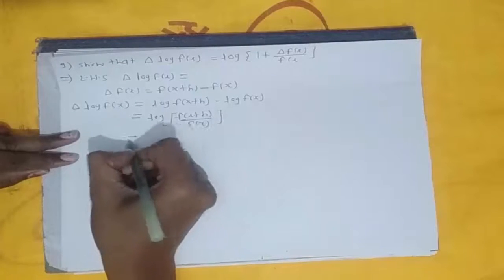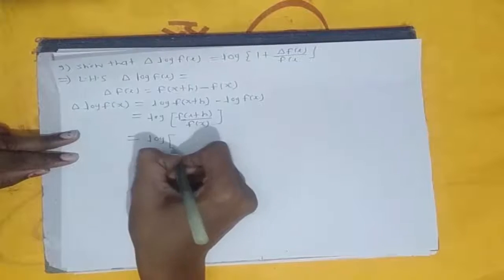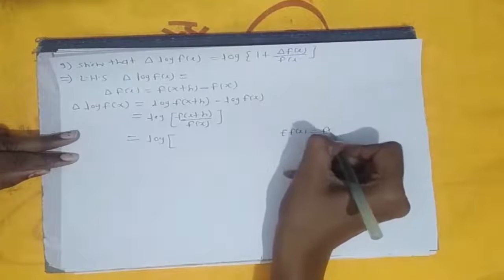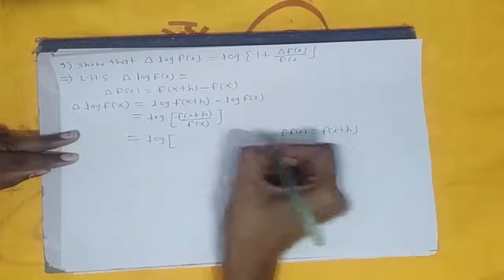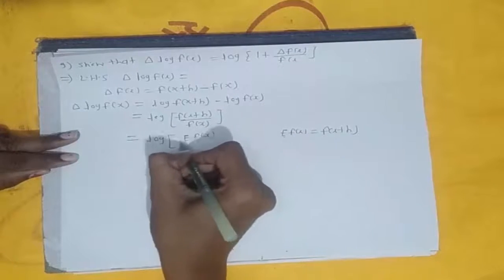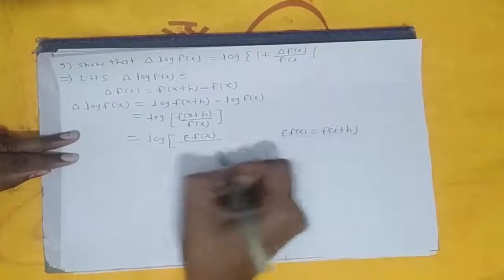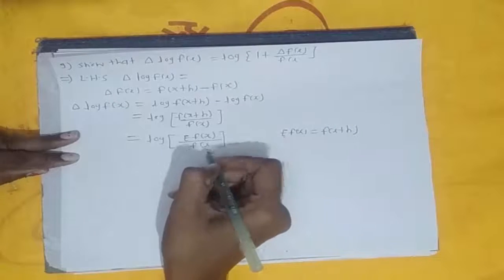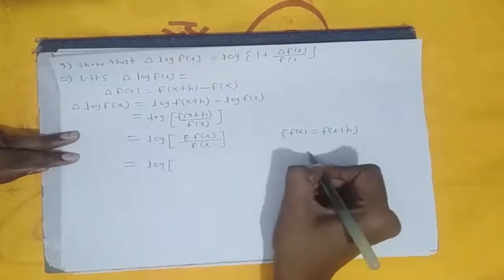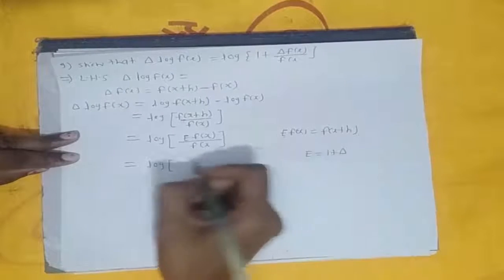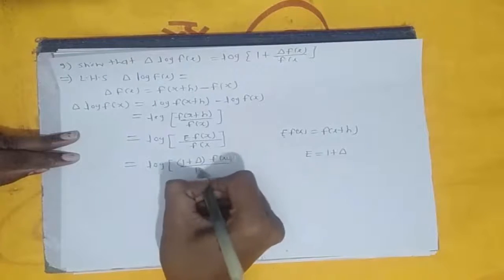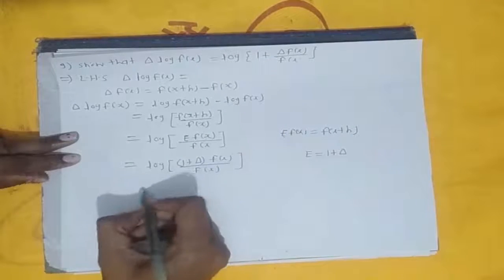Okay. So for this f of x plus h, we use the definition of the shift operator. We know that E f of x is equal to f of x plus h. So we put here instead of f of x, E f of x. We get here in the numerator E f of x divided by f of x. Okay. So again we use here E is equal to 1 plus delta. So we get here 1 plus delta f of x divided by f of x is equal to